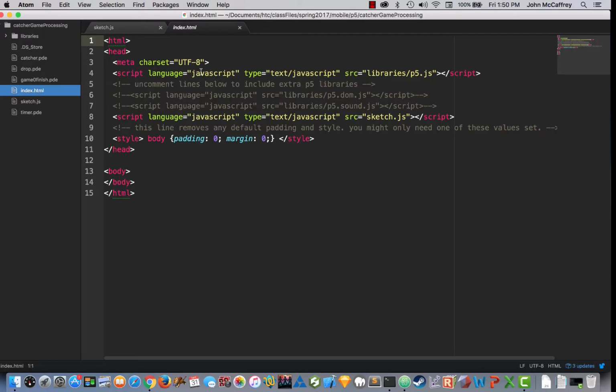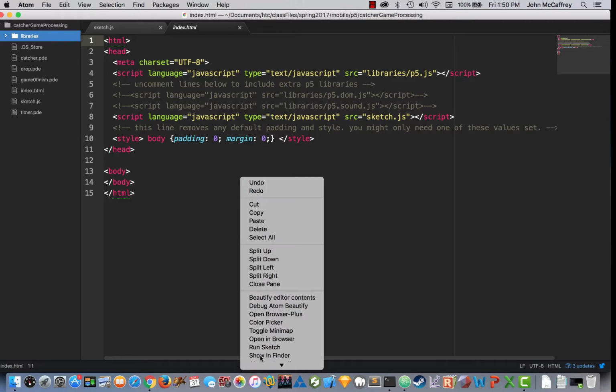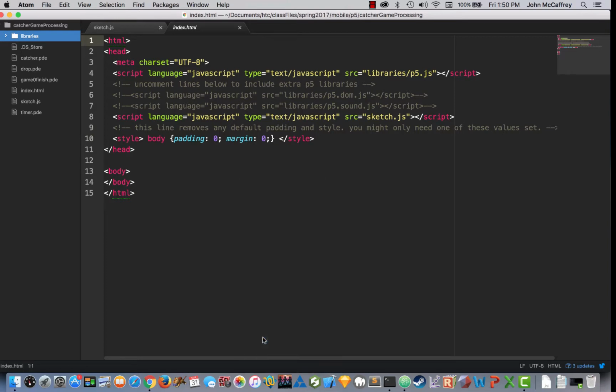So I can select my file, and while I look here, I can see it's loading Sketch. It's going to grab the library, and I have the libraries folder right there, so it will have access to p5.js, so that's good. And with that, I can use Open in Browser, and nothing happened. So what that is telling me is that there's probably something still not quite done right in my code, and I can find what needs fixing